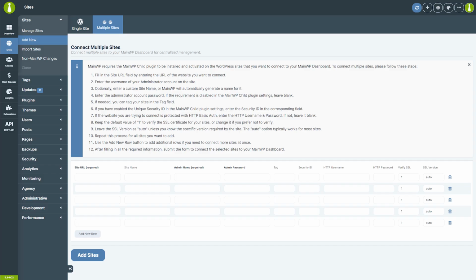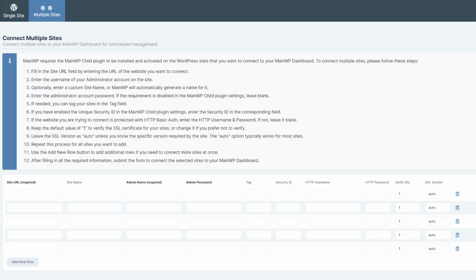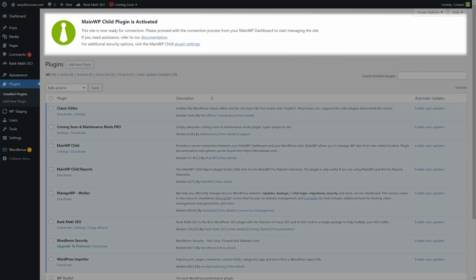In this video, we'll show you how to use the new Connect Multiple Sites functionality in MainWP, a feature designed to help you quickly add multiple child sites to your MainWP dashboard all at once. Before we get started, remember that the MainWP child plugin needs to be installed and activated on each site you